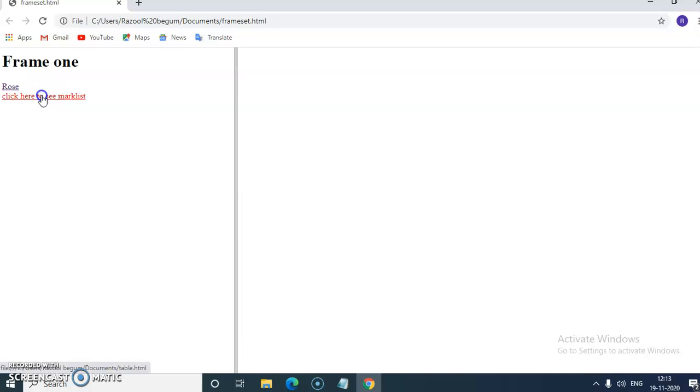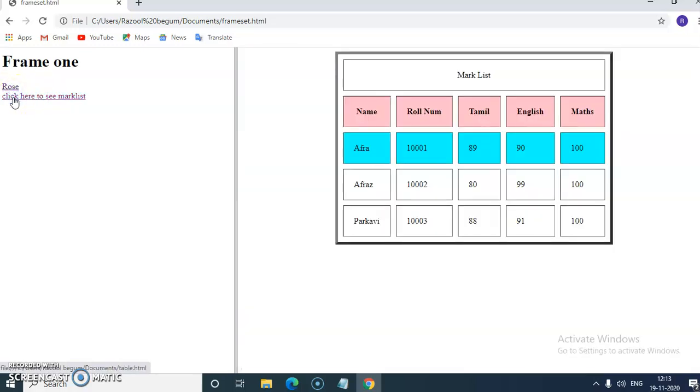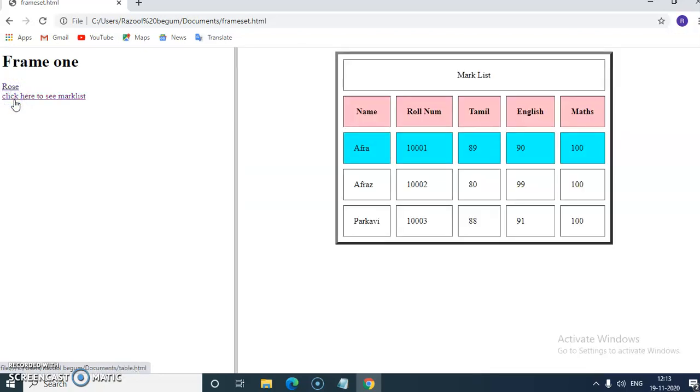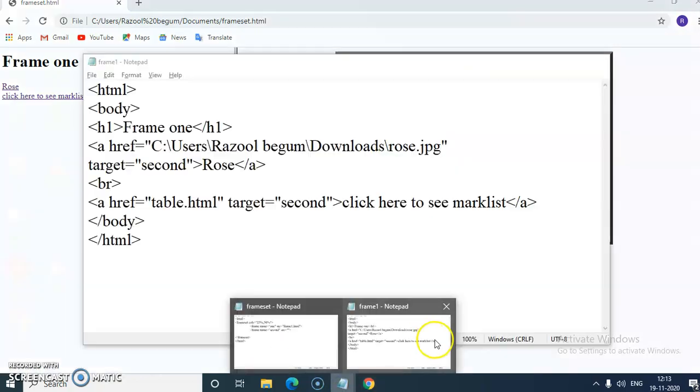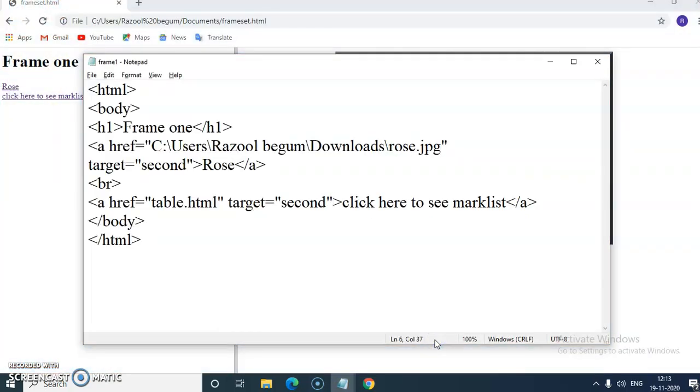Okay, so here I leave the mark list, choose rows here. So this is the sample example of the frameset. I divide the screen into 2 columns and I display this content here. This is the rows, this is to see the mark list of the content. So I think you people understand by this. The most important thing here is the two things